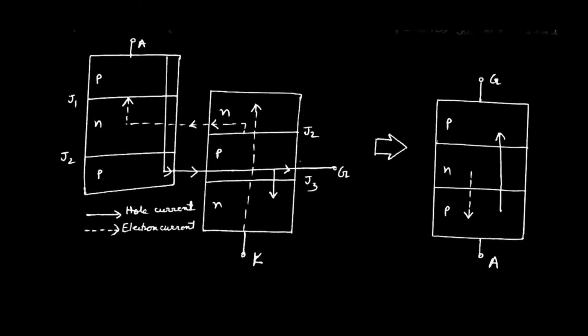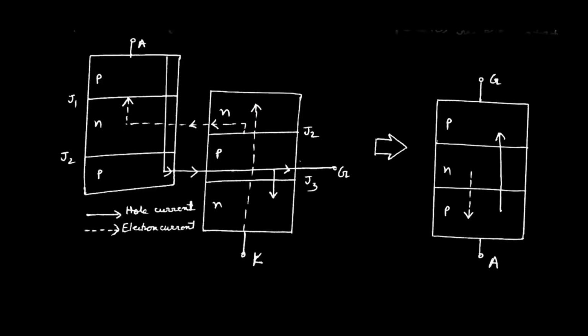Now, the question is the working principle. Similar to a thyristor, the GTO can be divided into two complementary connected transistors, PNP and NPN, that is reflected in this figure, in which the straight line gives us the direction of the hole current and the dotted line gives us the direction of the electron current.